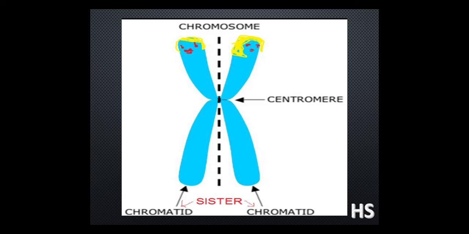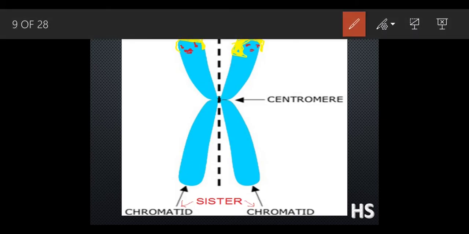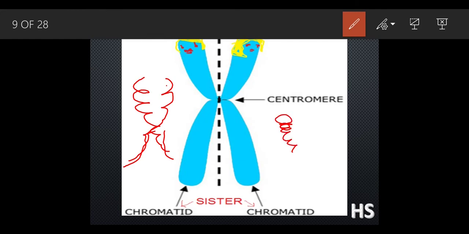How do chromosomes get formed? When one chromatin and the other chromatin get clubbed up, it forms a chromosome. When one chromatin clubs with the other one, it is called a chromosome.